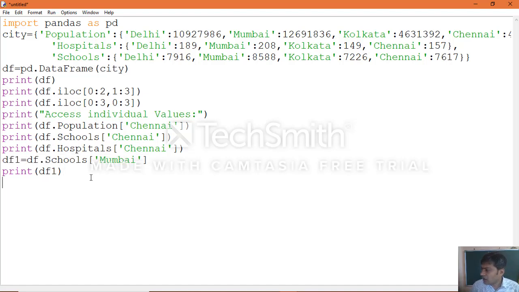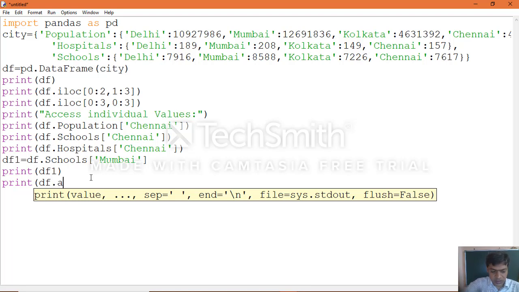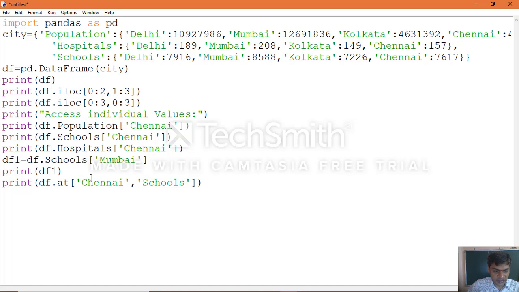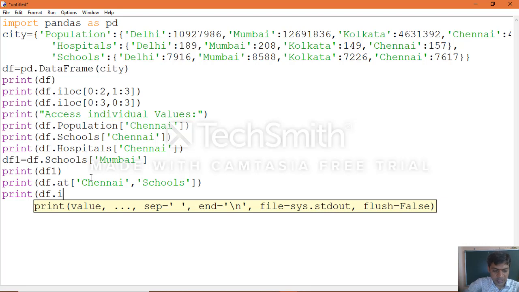In the same manner, if you want to make use of at and iat: print of df dot at of row label comma column label, that is the syntax. For iat, same way, print of df.iat of 3 comma 2.